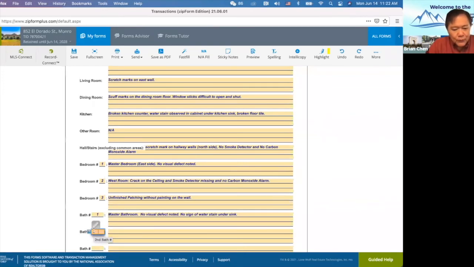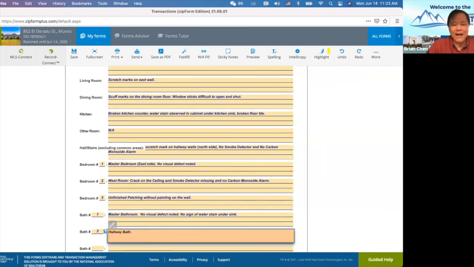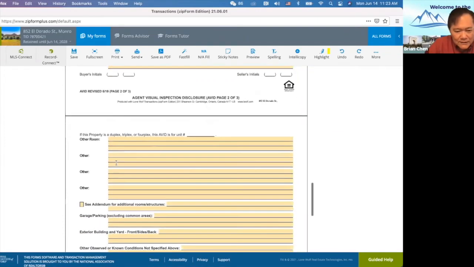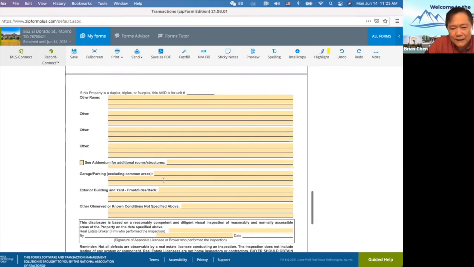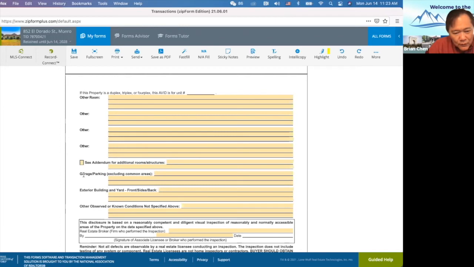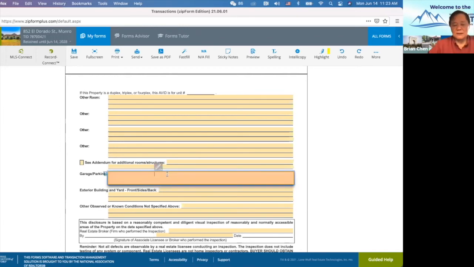And bathroom number 2, I identify them as hallway bath. Okay. And I'll say no other room. I don't want to show it now. Let's go to finish everything that I have noticed. Please notice all these fields, I'm blank, right? I want to show you a feature later. So I want to say garage, and what is this area called? Garage and parking, correct? So it may be oil stain